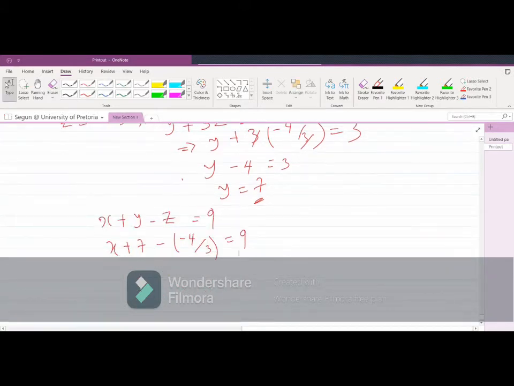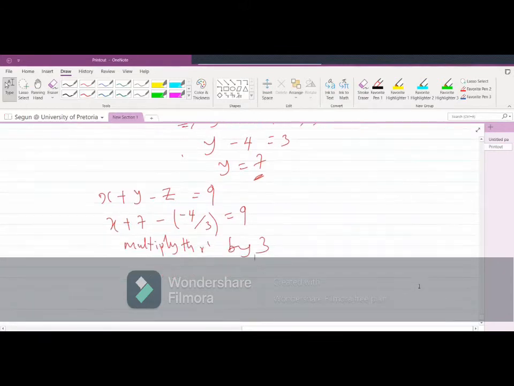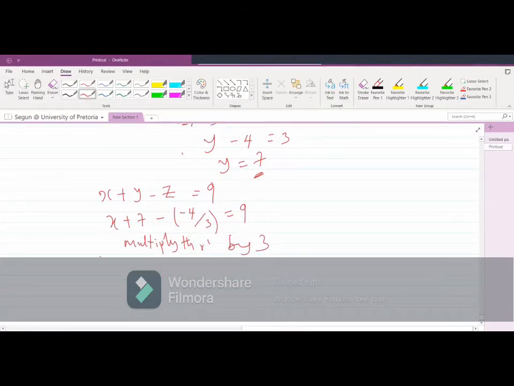You and I know that we can multiply through by 3 in order to cancel this 3. Multiply through by 3. So you have 3x plus 21 plus 4